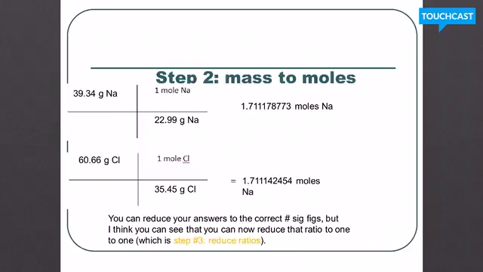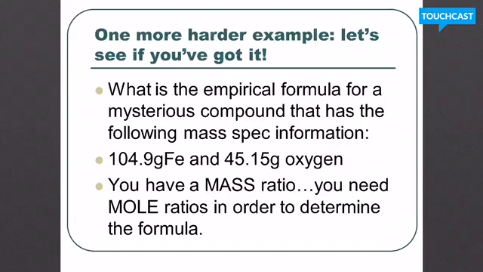All right, so as you can see, when you convert both of these percents that we changed to mass, that we changed to moles, look at those answers. You can tell this is actually a 1-to-1 ratio. If you just kind of simplify, 1.7 to 1.7 is 1-to-1. Pretty cool, right? So let's see if you really have the hang of it, and let's look at a more